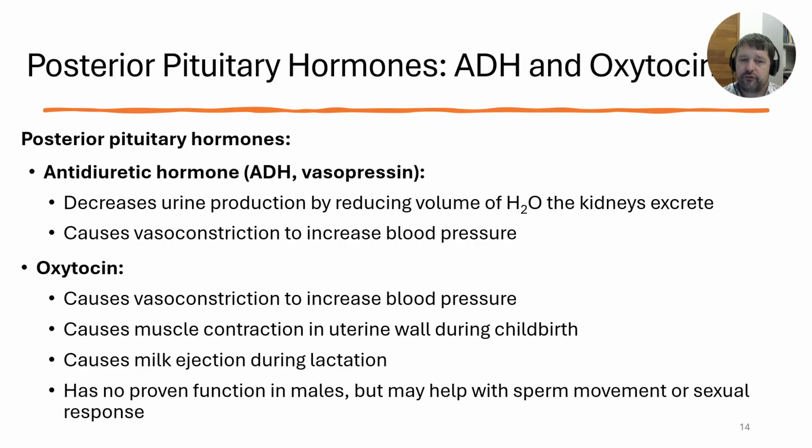This oxytocin then stimulates the walls to start contracting in order to force the offspring out of the womb. It also causes milk ejection during lactation. So quite a few different functions in females. Many of the functions in males are really not known well, but some might have to do with things associated with male sex organs, like sperm movement or sexual response of males in regard to